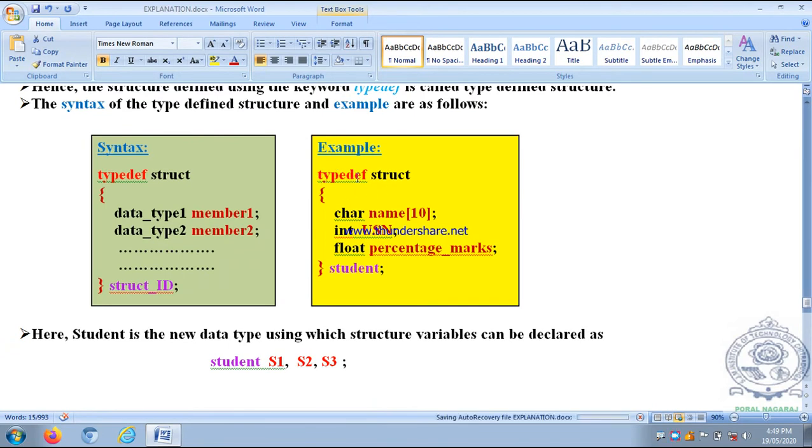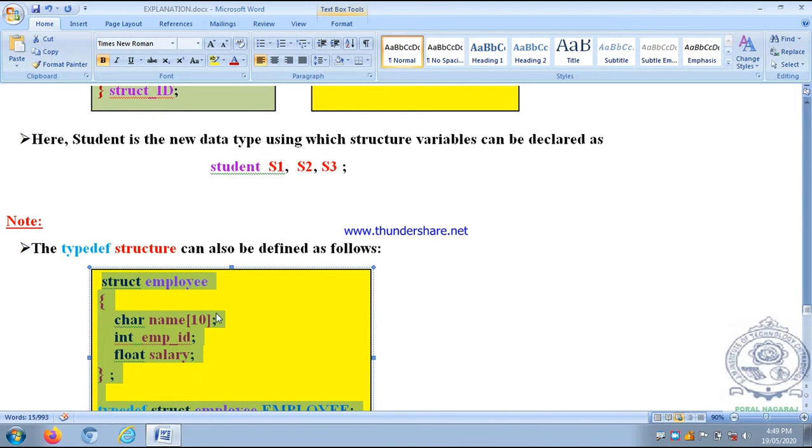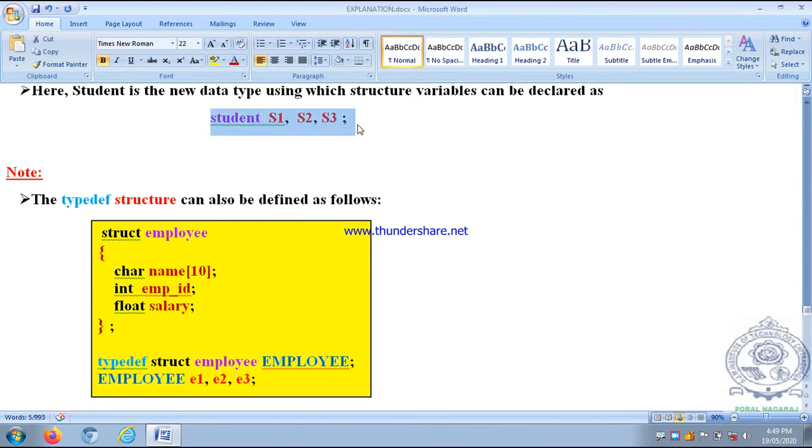Here we begin with typedef struct. Here we are not beginning with typedef struct, it is the normal conventional method of defining the structure. But after the semicolon, we use the keyword typedef, then struct employee, and employee should be renamed as capital Employee. Now to declare variables, for declaring variables we have used this line, student S1, S2, S3.